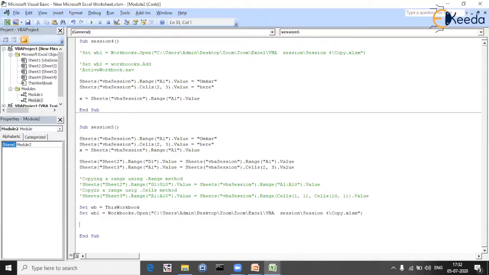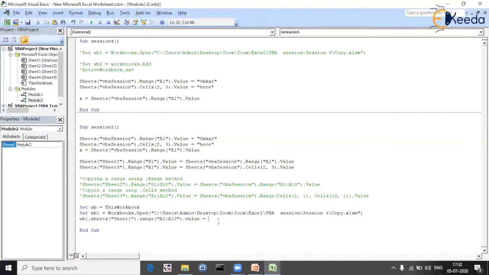Post that, in WB1, in sheets, sheet one dot range, we can have A1 to A10 dot value equals to